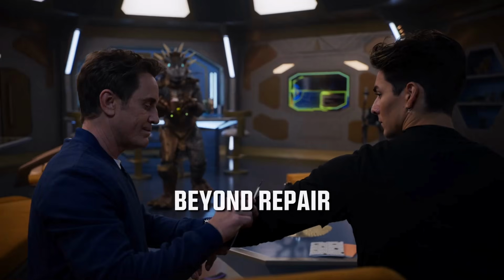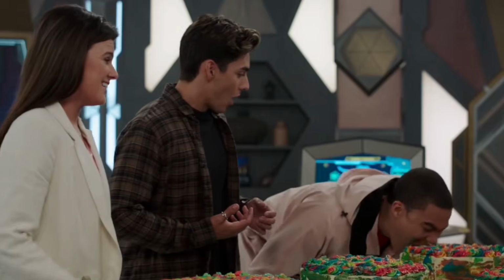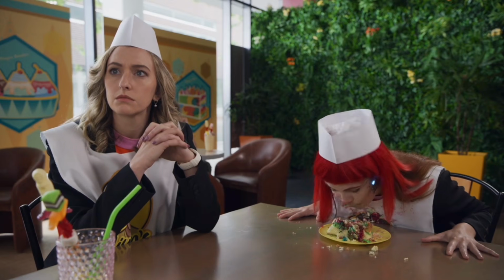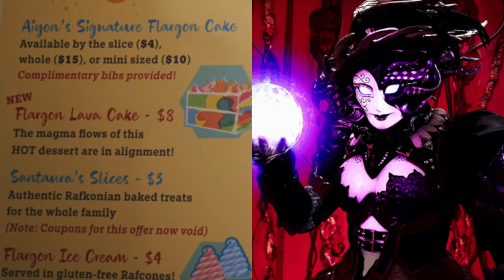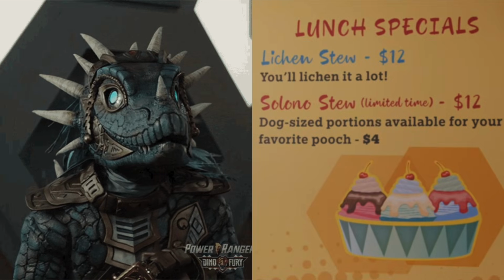Just saying. Episode 2, we see the Mick Red Ranger is still here hunting for Zato. Ion's Cafe sells the famous Rafconian Flargon cakes seen in the festival episode of Dino Fury. Famously eaten with the mouth, as Jayborg is seen doing in the interrogation scene. The menu also has mentions of 2 Dino Fury characters, Santura, who was a villain Void Queen in Dino Fury Season 2 and absent in the season of Cosmic Fury, as well as the Solano Stew, a dog treat based